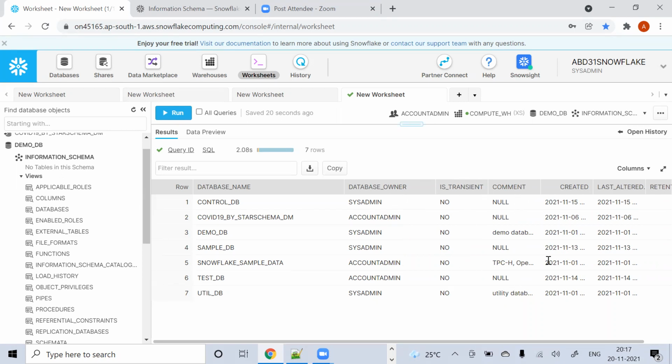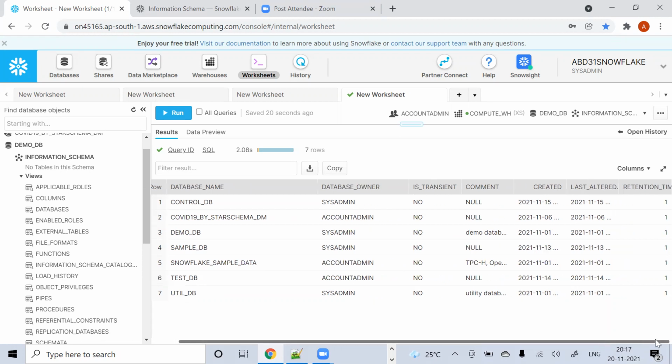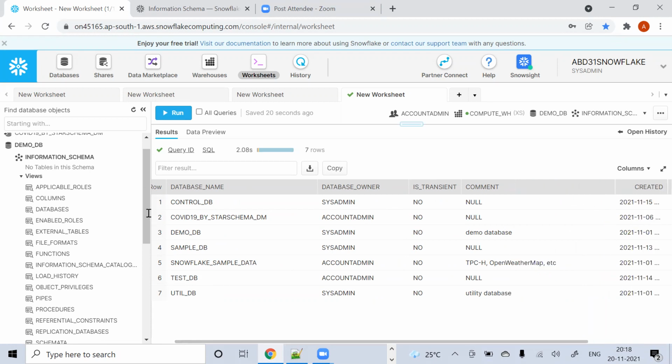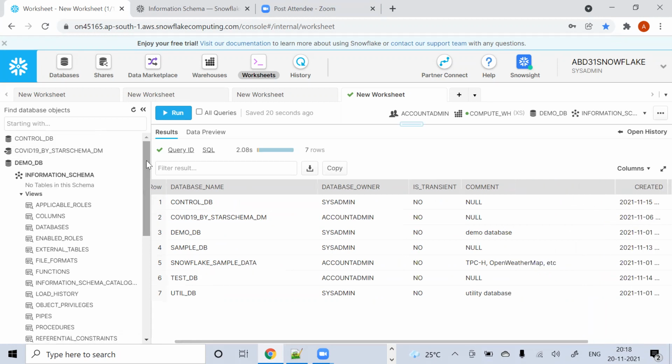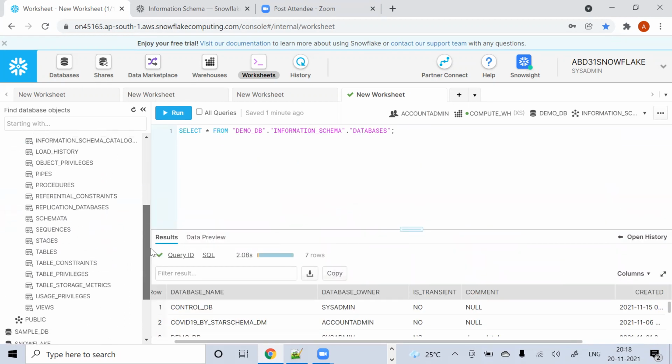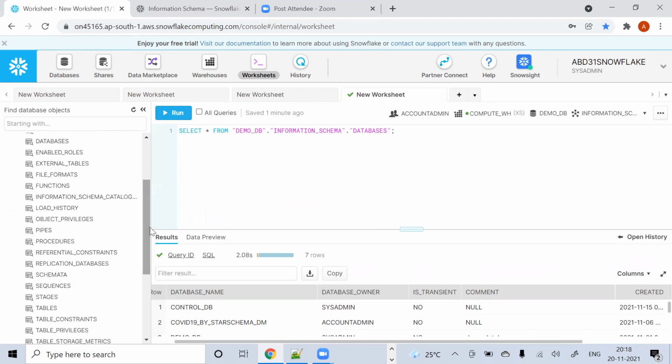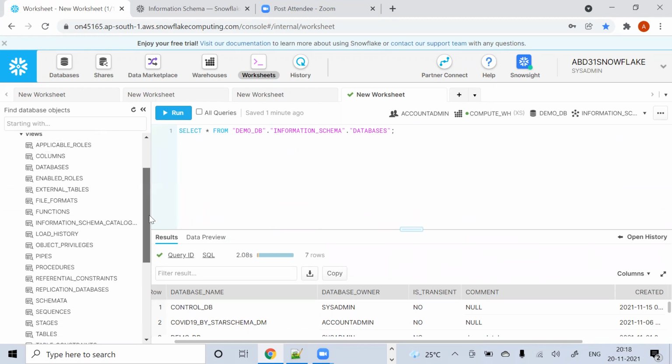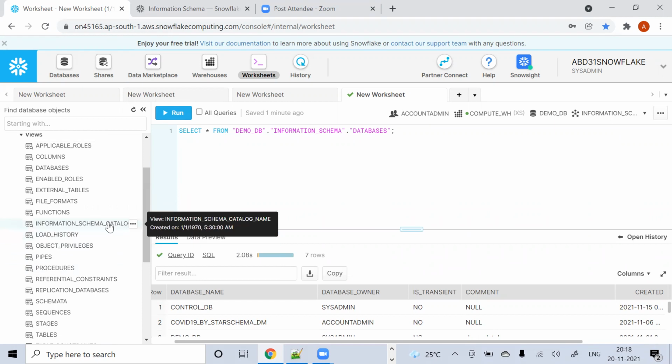Then the comments, if you have mentioned any comments while creating the database, when it was created, when it was altered, retention time. Okay, so it's a 1 day retention time. So yeah, this is nothing but your metadata. Obviously we won't look into all of them, but we'll look at certain important ones. So if we look at, see, this one,